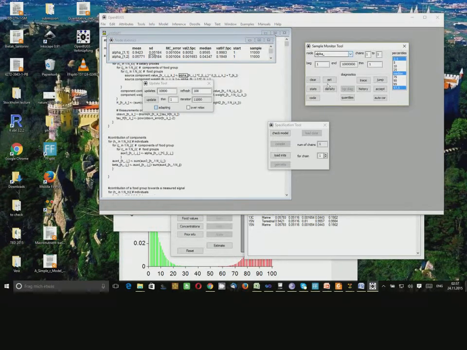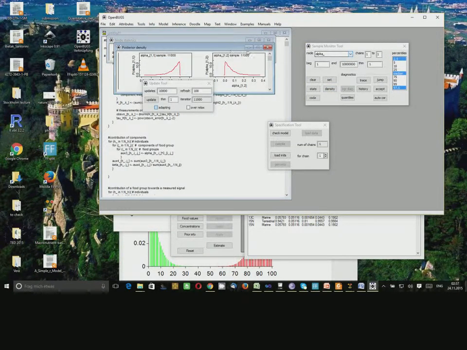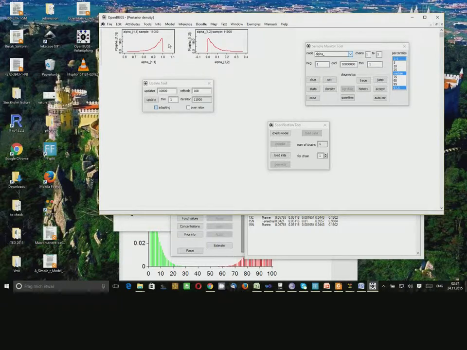You could also make density plots like these ones, and you have all sorts of other options within OpenBUGS. So OpenBUGS will give you additional flexibility to work with FRUITS. And for now,